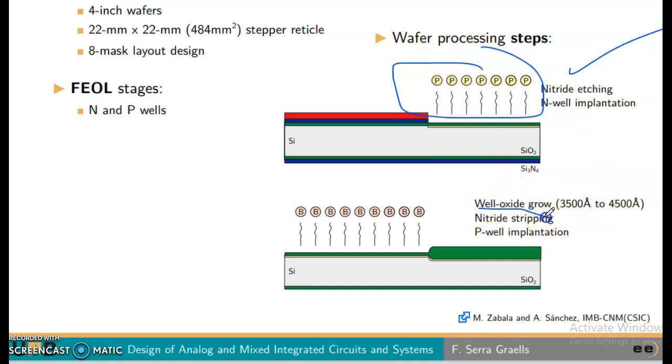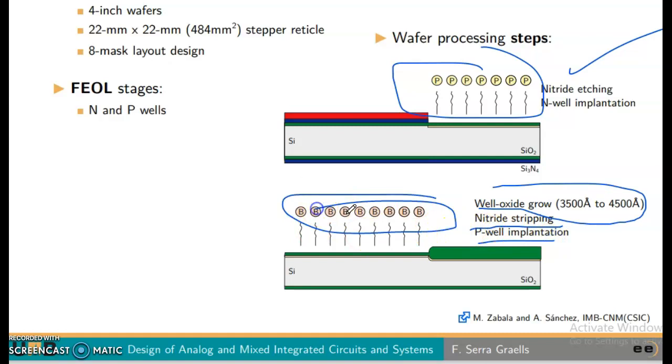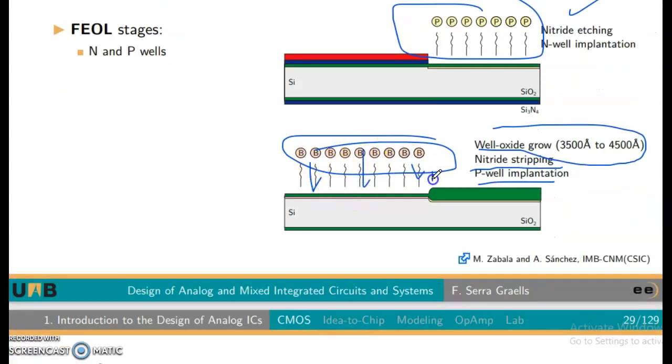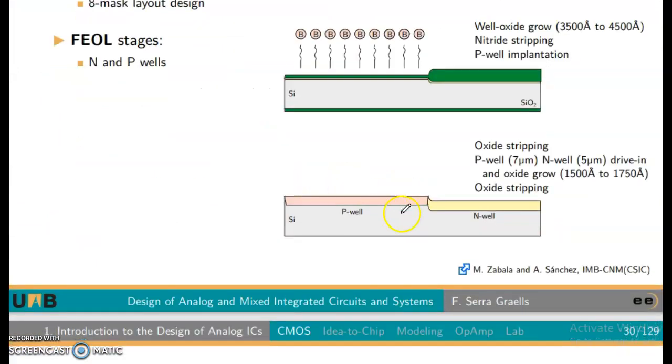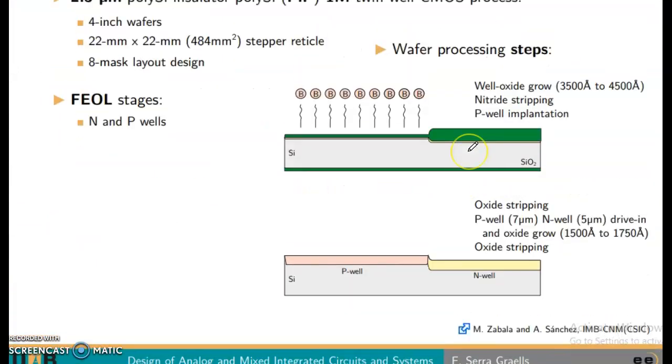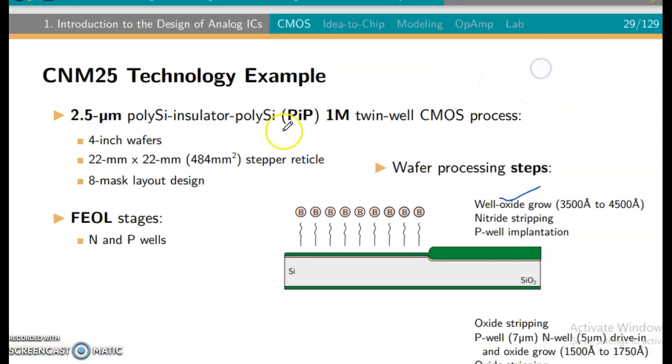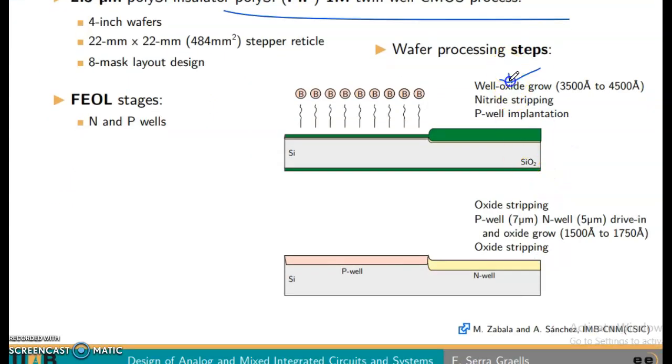Here well oxide grow 3500 to 4500, nitride stripping, FEOL implantation. Here what is going on? Here well oxide grow, same process, PAP, well oxide grow, nitride stripping, P-well implantation, okay,